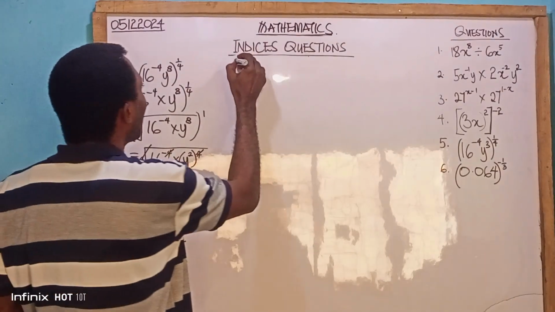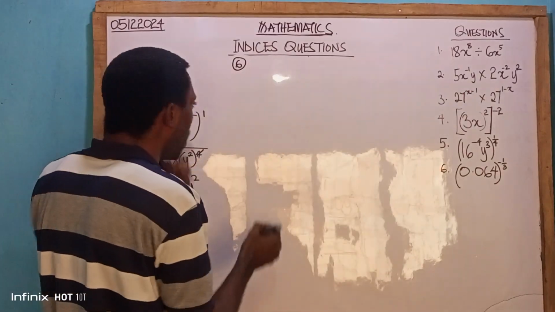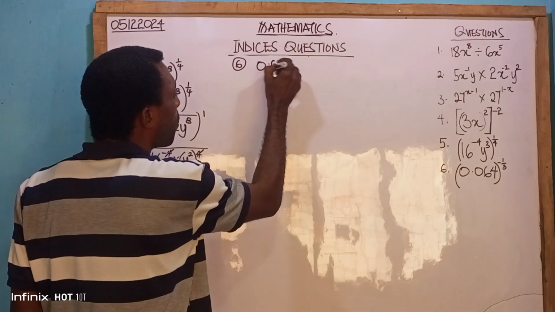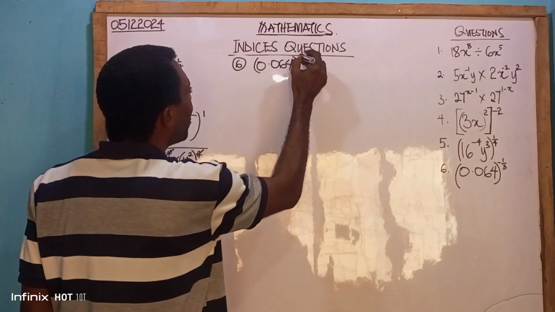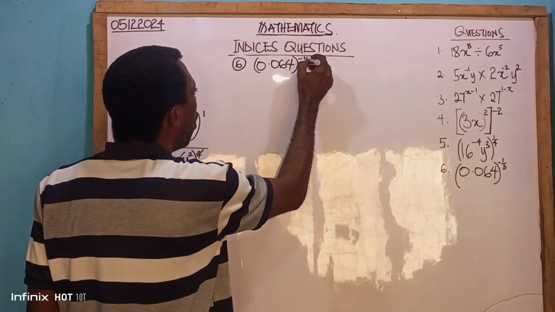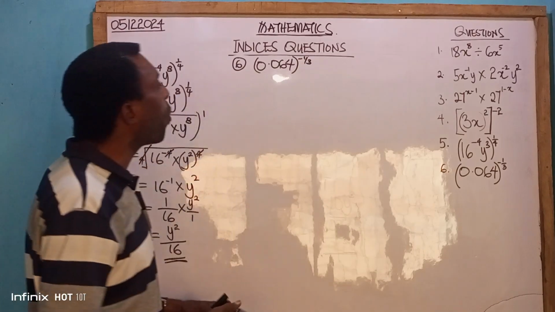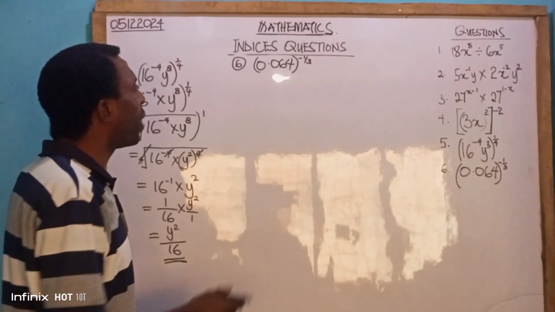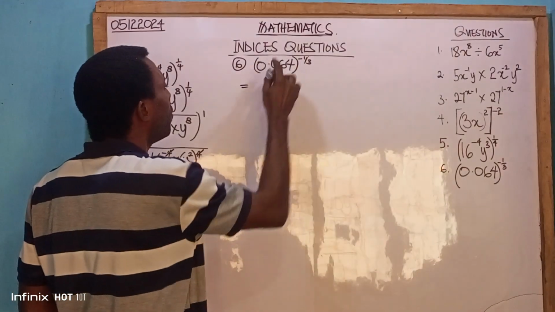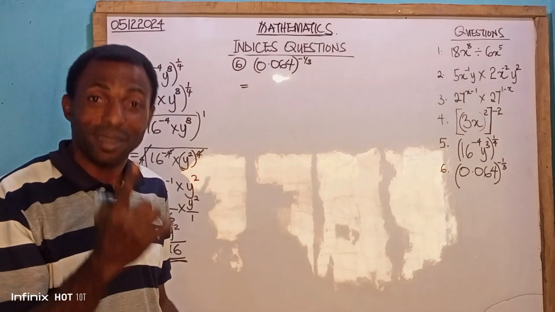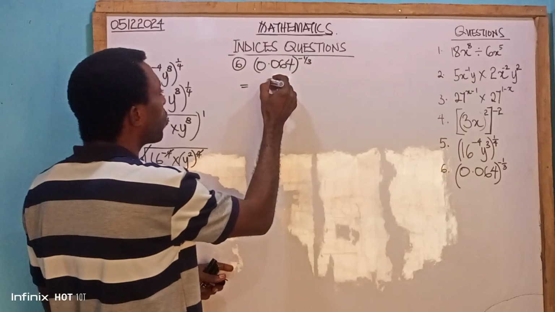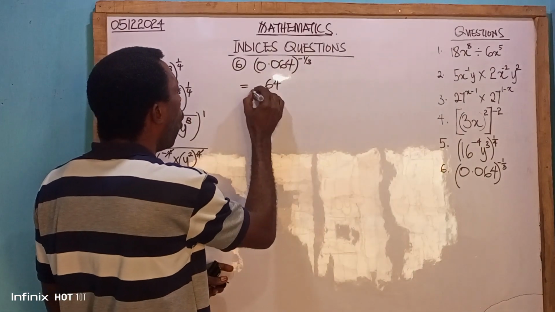Now we go to the last question there, which is number 6. The number 6 question says 0.064, in brackets, raised to the power of minus 1 over 3. We will start with the bracket first. The only significant number in the bracket is 64. So that's what we will start with. That will be 64 over